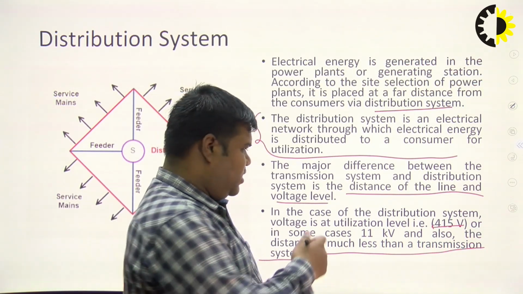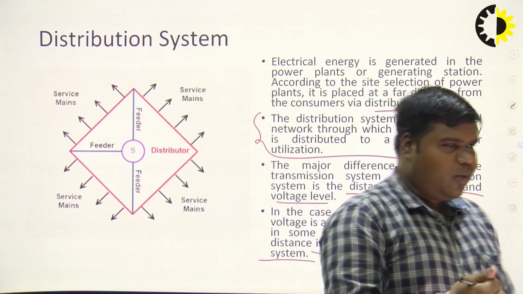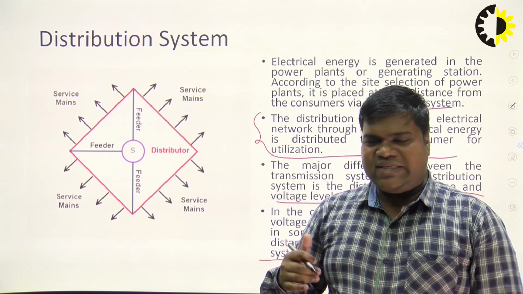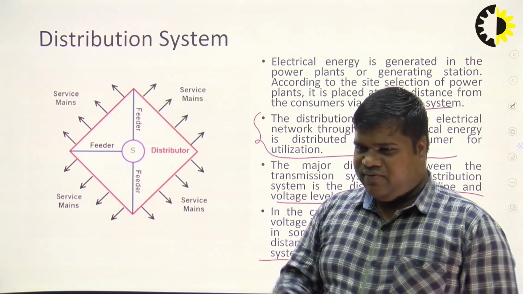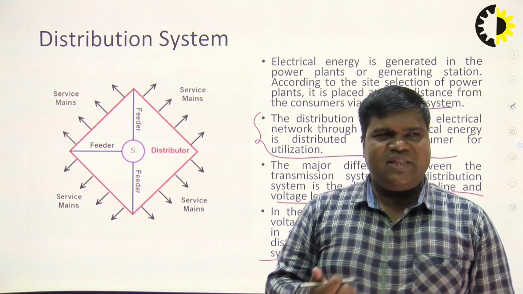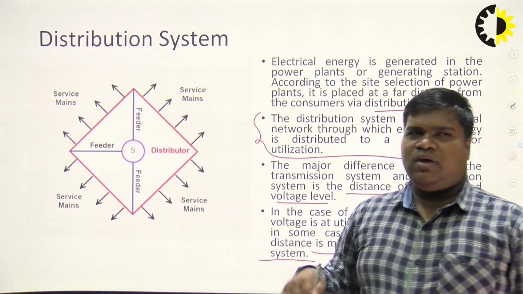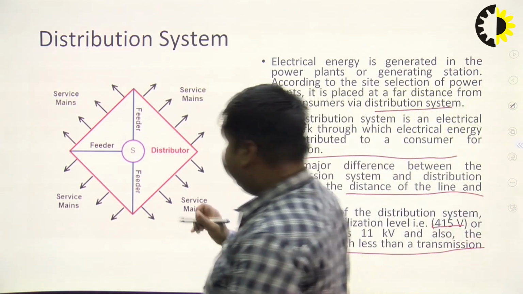The total distance from one end to the second end is called the distance of a transmission line, in which we have already told that the short, medium, and long transmission line is also based upon the voltage level. So